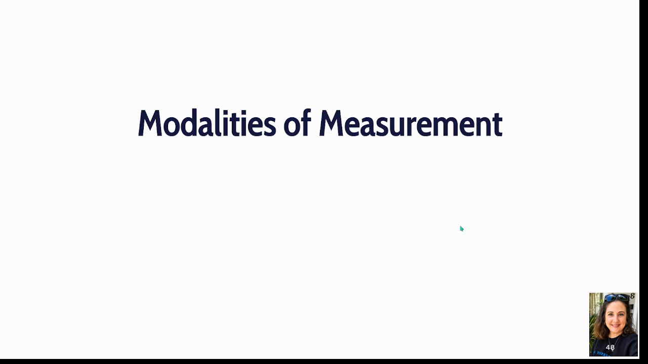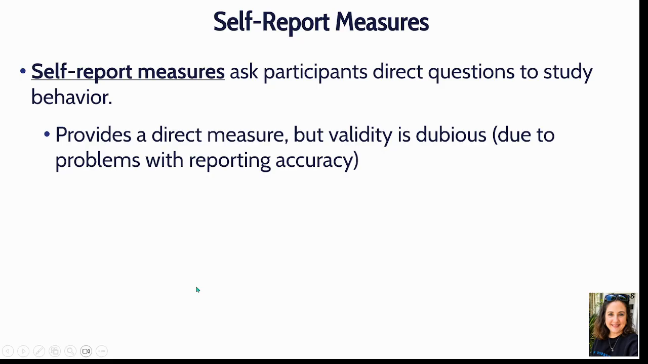All right, let's continue and talk about modalities of measurement. So modalities of measurement refers to the way that we collect our data. First, we have self-report measures, and self-report is very self-explanatory. This is when we ask our participants to directly answer a question about their behavior. So it gives us a good measure. It's coming straight from the source, but the problem is it can be dubious when it comes to validity, because